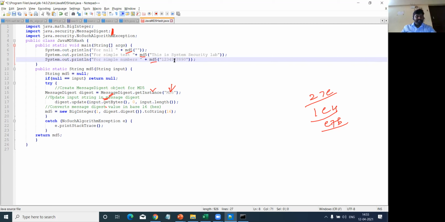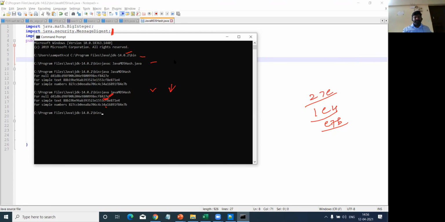I made changes in these values, whatever input value I'm going to pass. I have saved it. Now I'll start compiling as well as execution. The program is compiled now, it is ready for execution. I'll execute the code now.